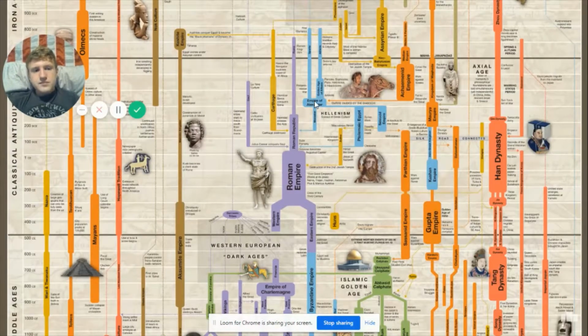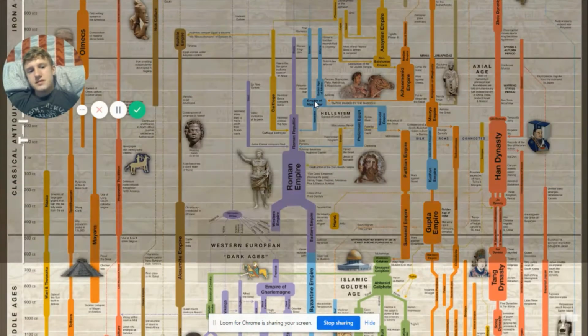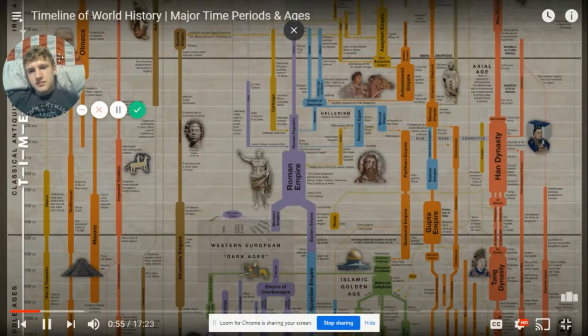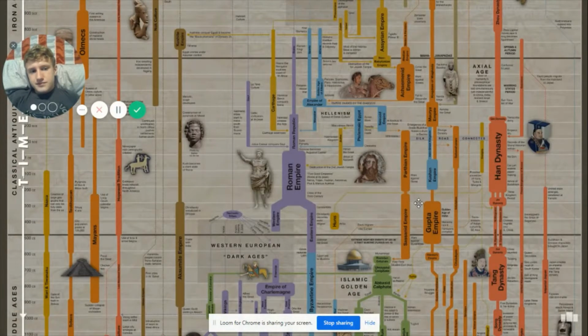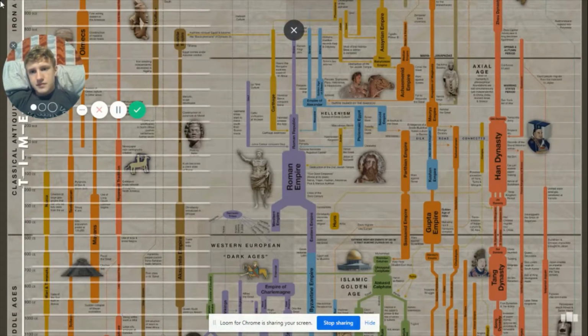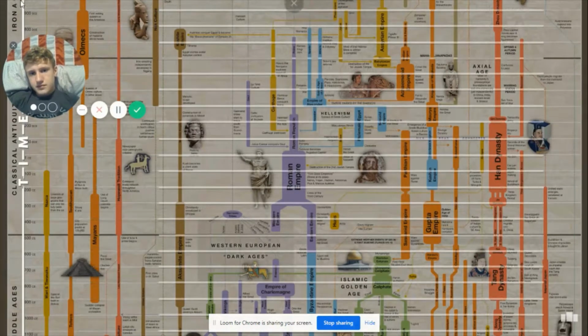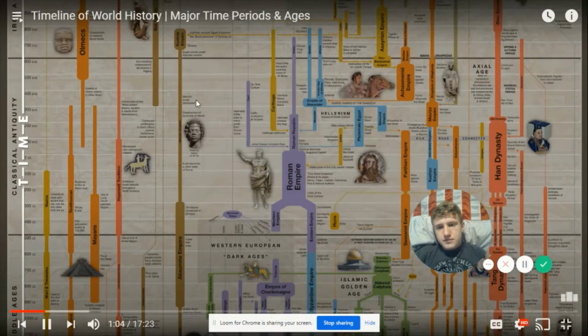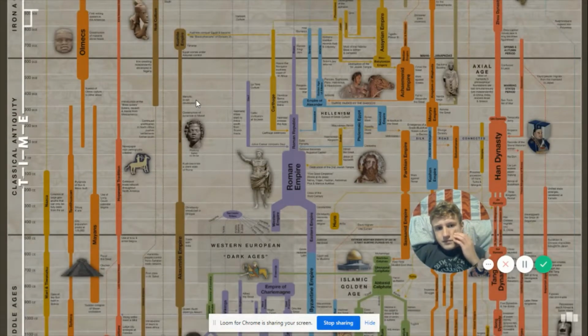Let me start by explaining the basics of how this chart works. The vertical scale represents the flow of time, with time moving forward as you move down the page. Every white line represents 100 years, and the scale is equidistant, which means that the distance between two lines near the top of the chart is exactly the same as it is near the bottom. This is important because it allows for accurate comparisons to be made, and thus gives the viewer a proper perspective on time. Horizontally, the various sections